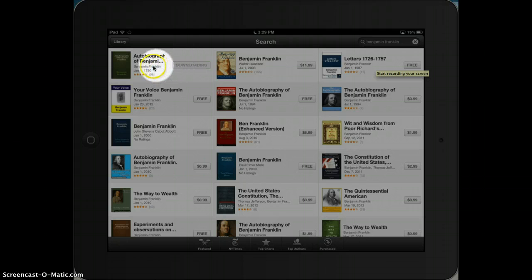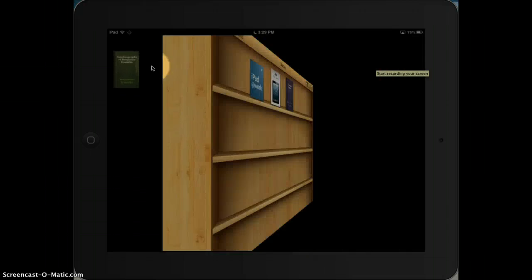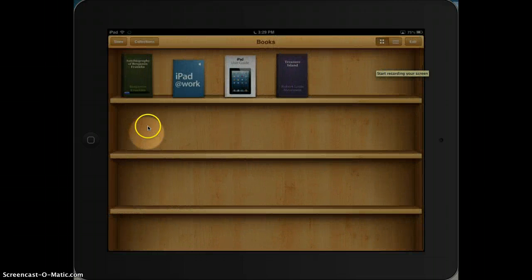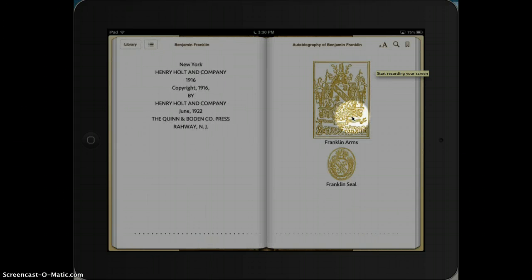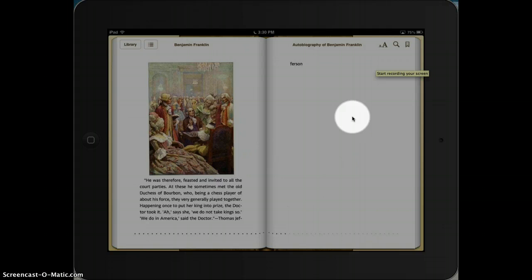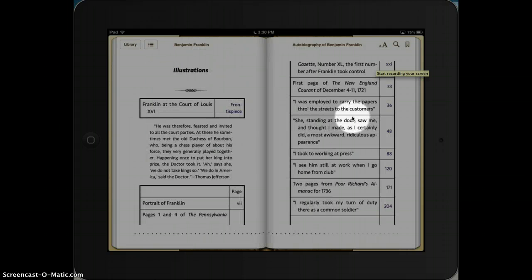If I click on the free and then get book, it will start to download that book for me. It may ask you to authenticate your iTunes account, but now it's going to put that book on my shelf, and you'll see the blue progress bar across the top. If I've never opened this book before, it's going to give me the new tag here. If I click on that book, it's going to open that book, and with a flick I can flick through the pages one by one. Just grab the page and move it over,